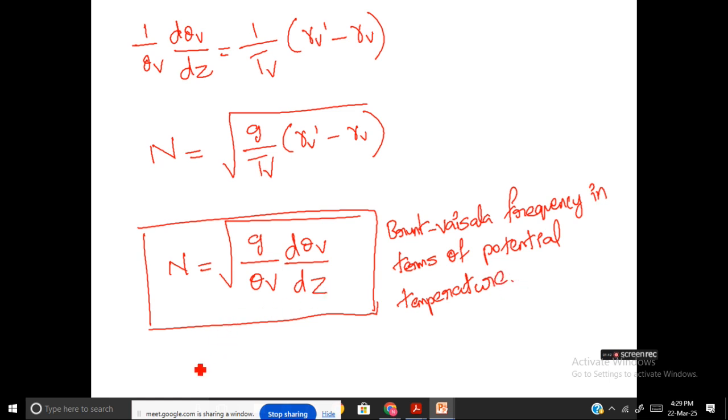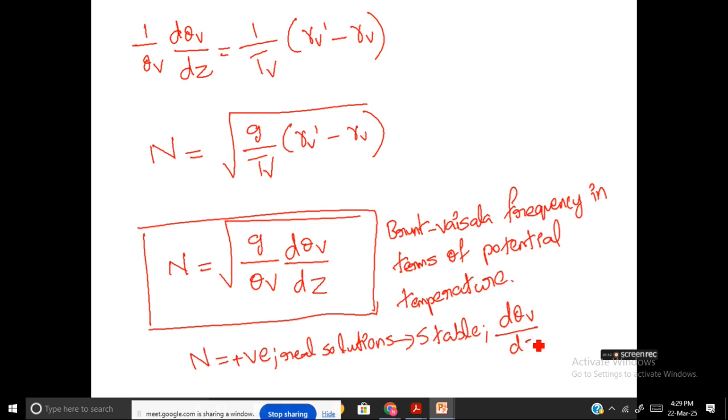So we have already learned N positive only gives us real solutions, which basically implies stable conditions. If N should be positive, which means d theta v by dz should be greater than 0, there should be an increase in potential temperature with respect to height. Whereas N negative will basically lead to imaginary solutions,